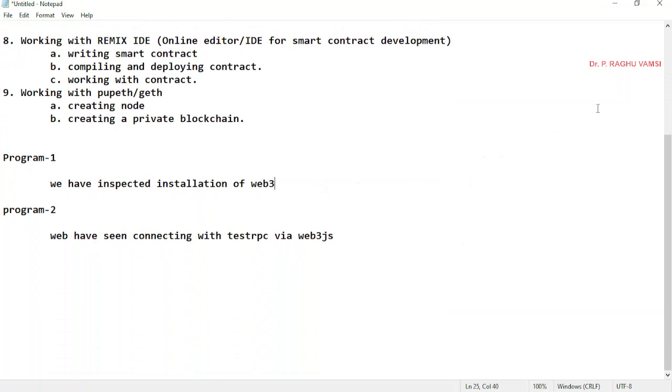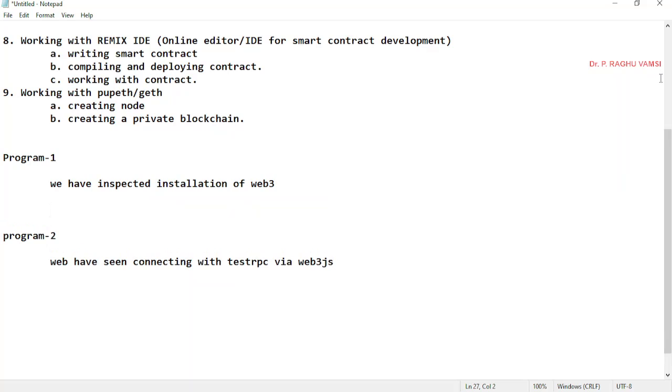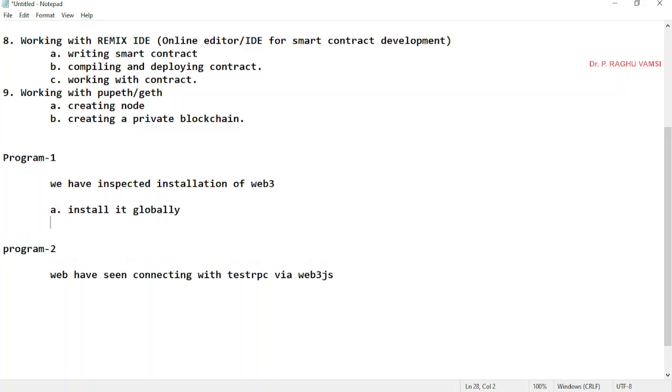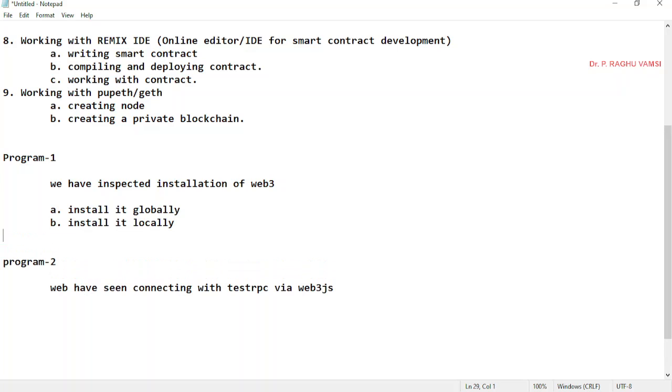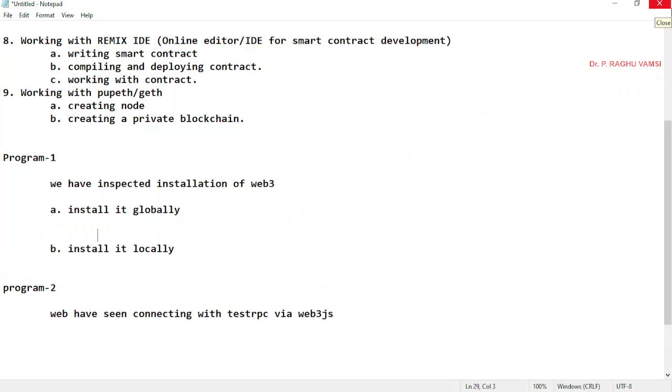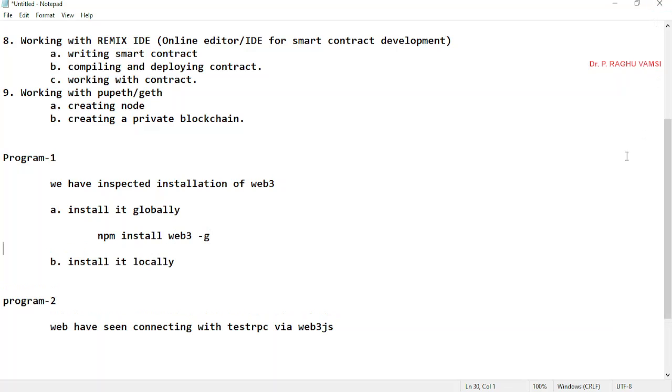We have inspected the installation of Web3. In order to install Web3, you may install it globally, or you may install it locally. To install Web3 globally, we use npm install web3 -g for the global installation. Clear?